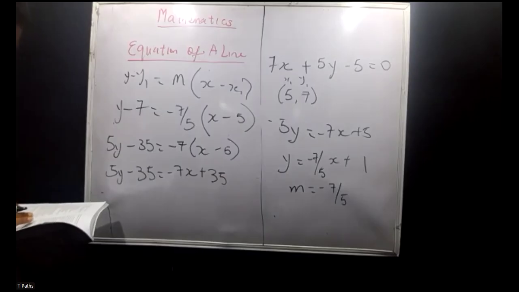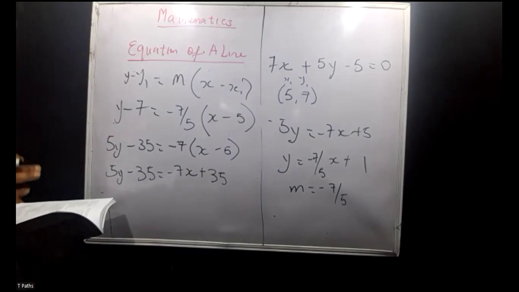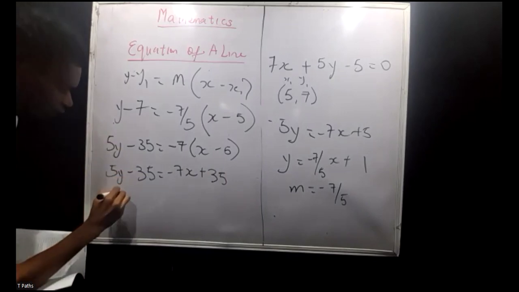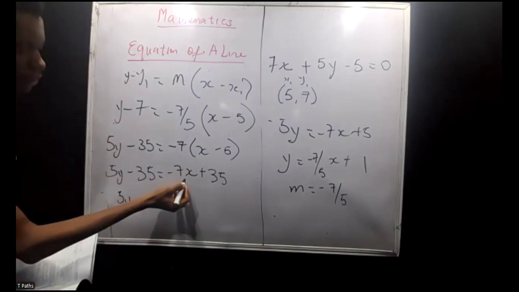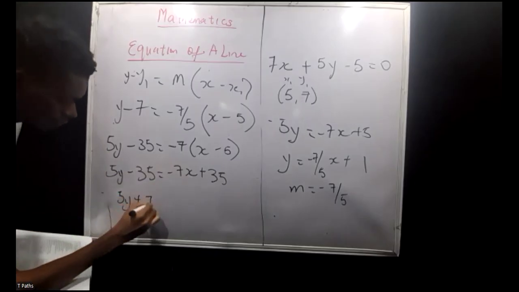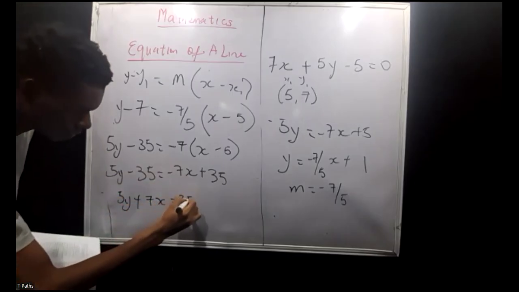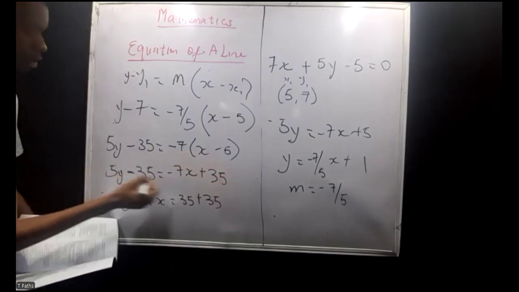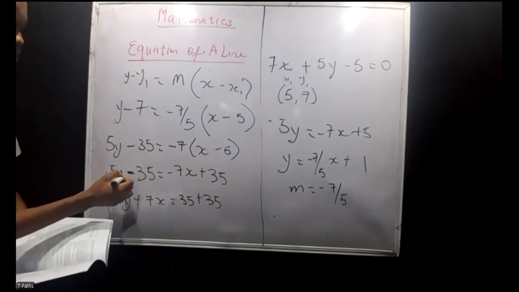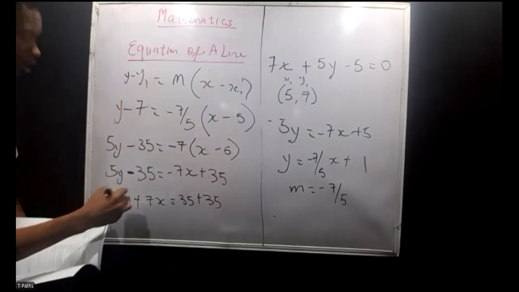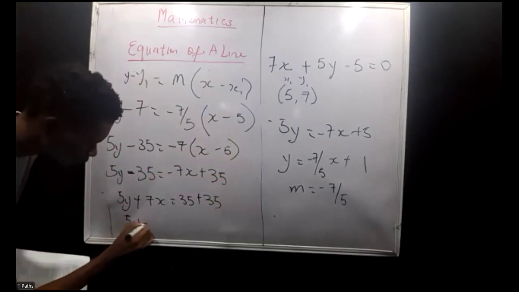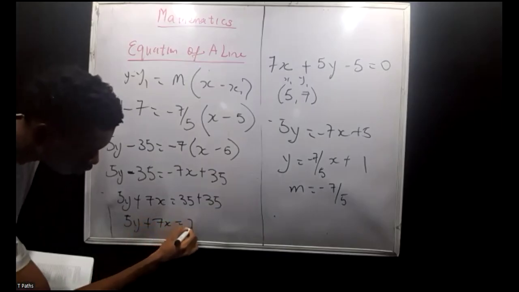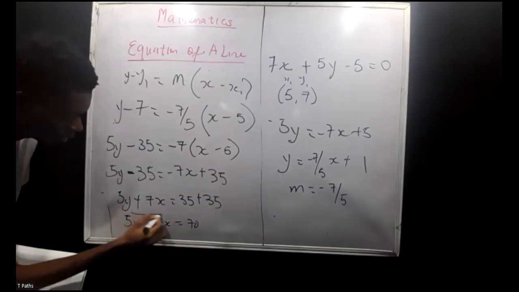In this question, the question is written as 5y plus, right? So I'm going to do this. I'll say 5y. I'll bring the 7x to this side, plus 7x is equal to 35 plus 35. Because this is coming to this other side, the negative sign will change to positive sign. All right, so I have 5y plus 7x is equal to 70, which is the same format as the options